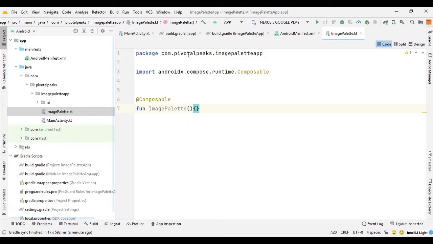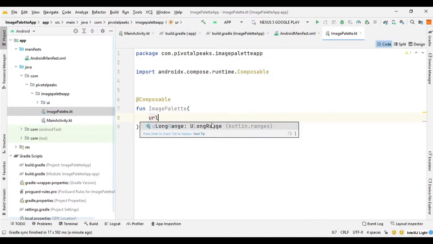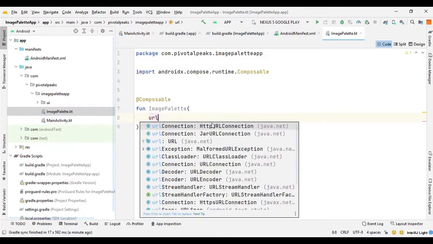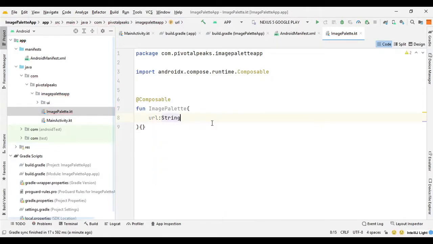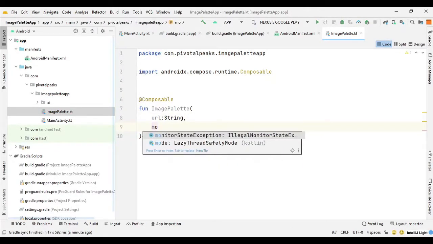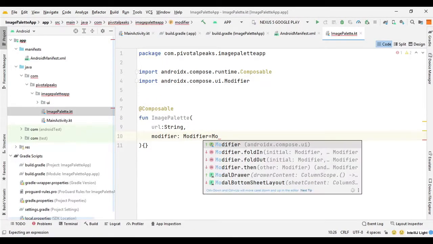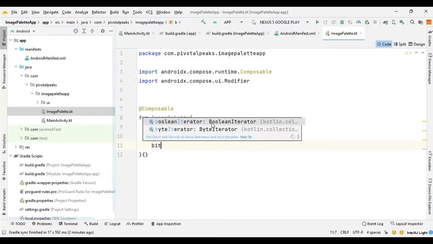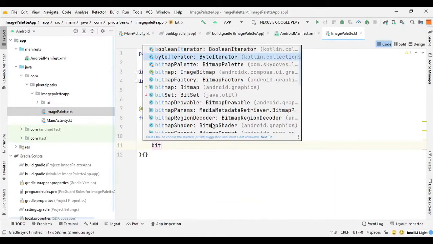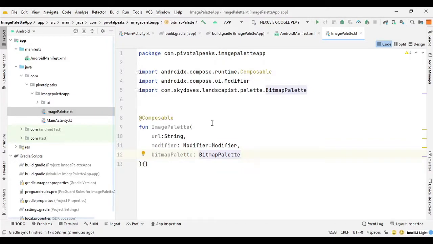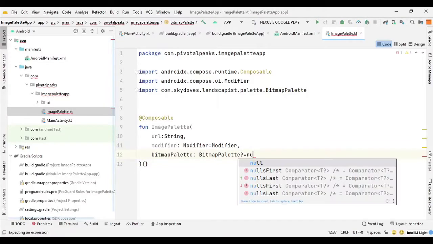It requires 3 parameters, a URL, a modifier and the bitmap palette. So inside the constructor, URL of type String, and our modifier, so modifier equals Modifier, and bitmapPalette, and we can initialize it with null, so we can say equal null.